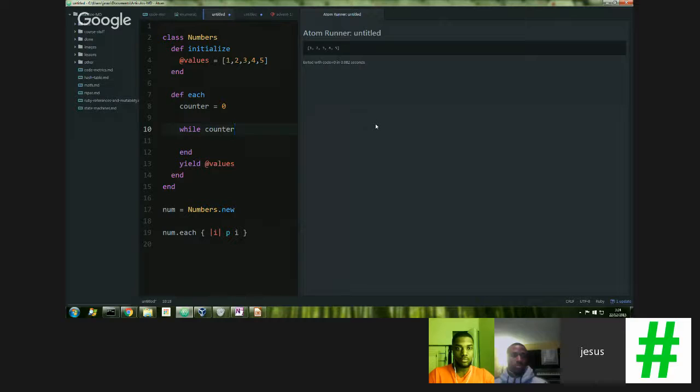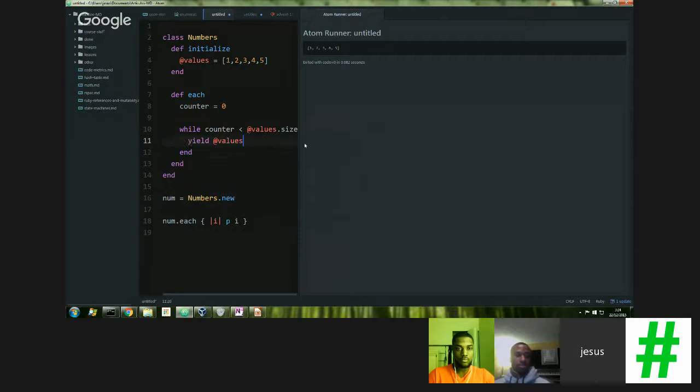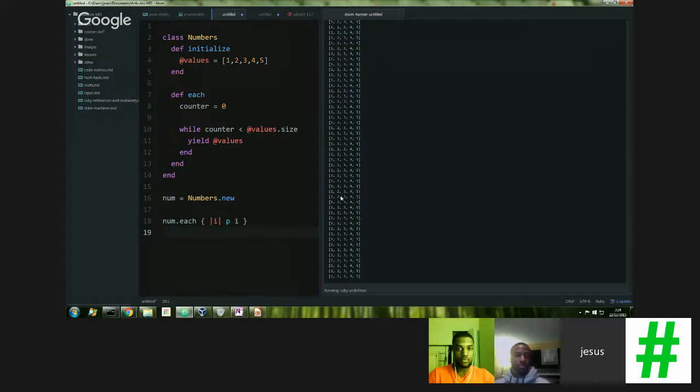While this counter is less than the values size, then we will yield the values. Now let's run this. And what we get is an infinite loop because I didn't increase the